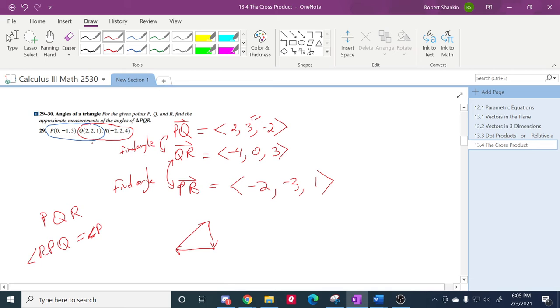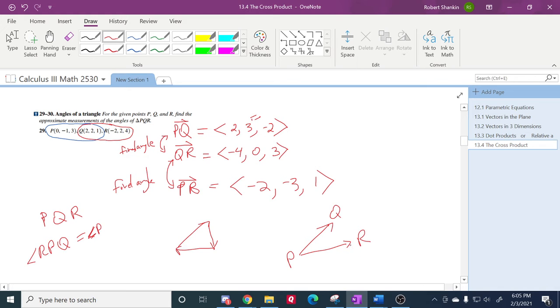Since we need to find out only 2 angles, when you use that formula, it will assume that they are in standard position and that they originate from the point P. So if I did PQ and PR together,